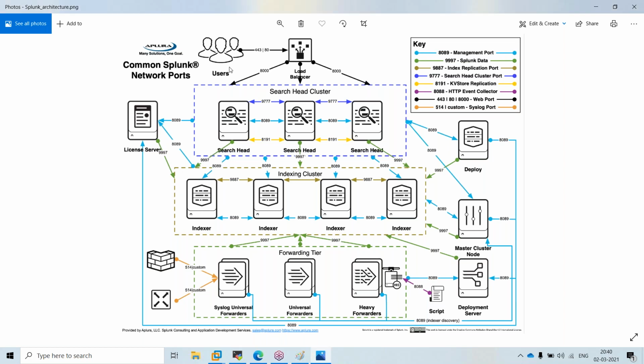Splunk will have multiple components like search head, indexer, universal forwarder, heavy forwarder, and deployment server. For now we are discussing only the indexer. This indexer will store the data and it will have a web UI also to search the data. The rest of the parts we'll see in a later class.